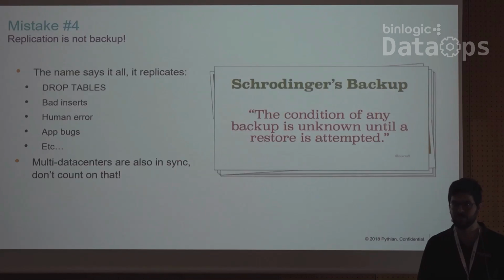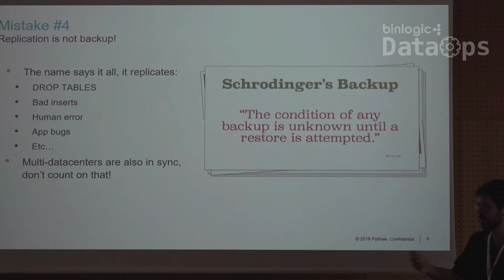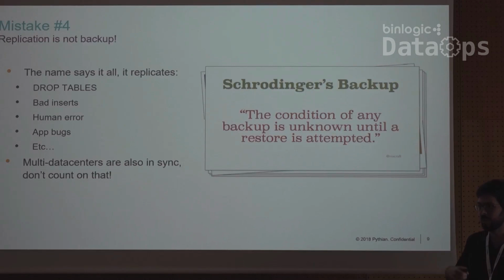It does not have any delay mechanism, even across data centers. If the packet goes on the network, it's there. So you deleted the data, you inserted the wrong data, you changed the table, your app has a bug. This actually happened last week. Customer said, "Yeah, my app has a bug. Can we go back because replication, old backups?" No. If you don't have your backups, if you don't test your backups, it's gone. It replicates all the mistakes,